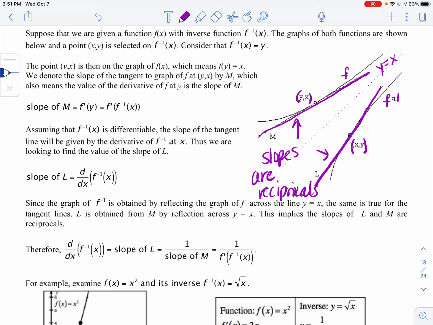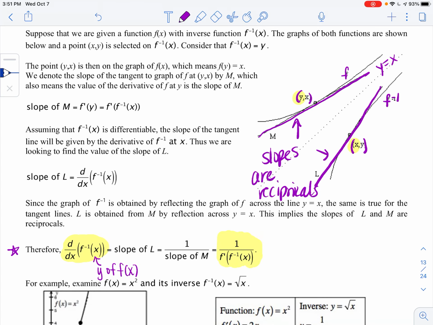So if I go down here to this stage, I just want to talk a little bit about notation. The derivative of f inverse of x, and unfortunately there's not really a cleaner way to write that out, just because it's already a weird notation. What you have to remember is that this x in f inverse of x is actually a y of f of x. Even though it's an x of the f inverse, it's really a y of my original function. And so what I'm going to have to do is find the x of the original function, find its derivative, and take the reciprocal. So this is technically the formula for how you find the derivative of the inverse,